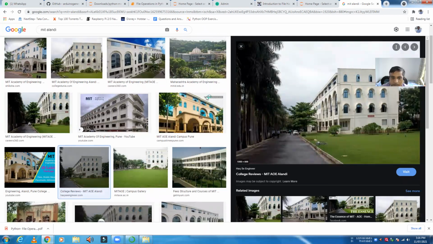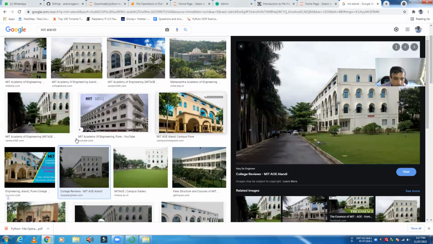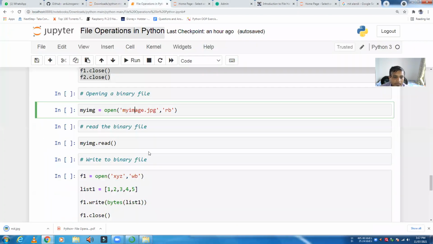So I'm saving this image as a JPG file, and it is in downloads, Python main, and here mit.jpg. Okay, so I want to open this binary file. So it is mit.jpg.